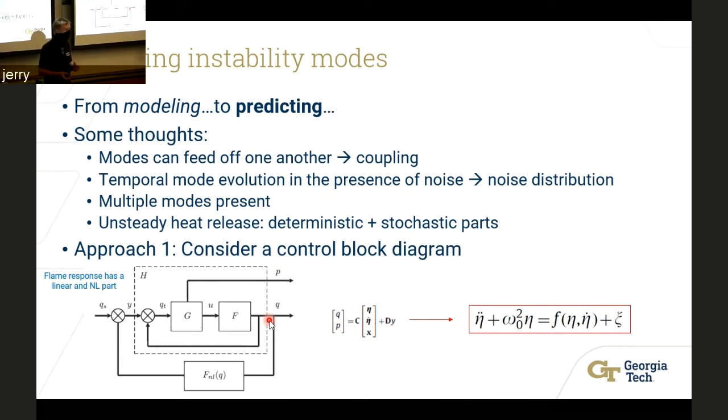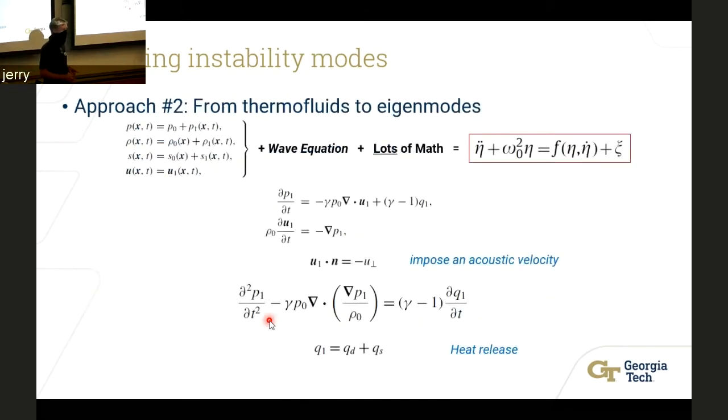So there's a couple things going on. You have a flame that's generating heat. That heat is being released in an unsteady manner. And then you have the ambient noise and the resulting acoustic dynamics from a flame. So we try to separate it out to model it appropriately. And really this is treating it as a nonlinear and linear system combined together. And so if you look at the control analysis, you can boil down the equation that describes the development of your acoustic modes.